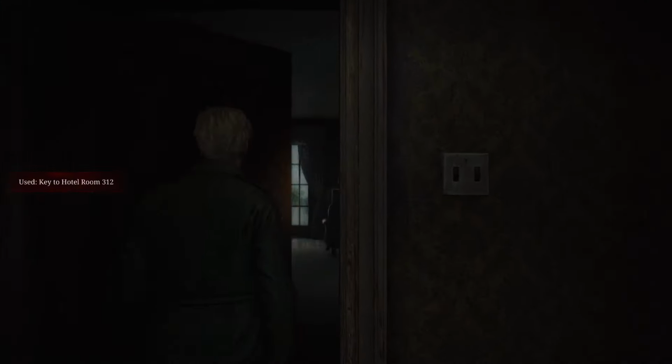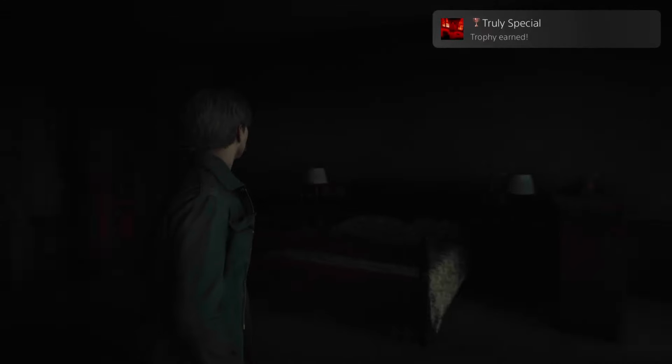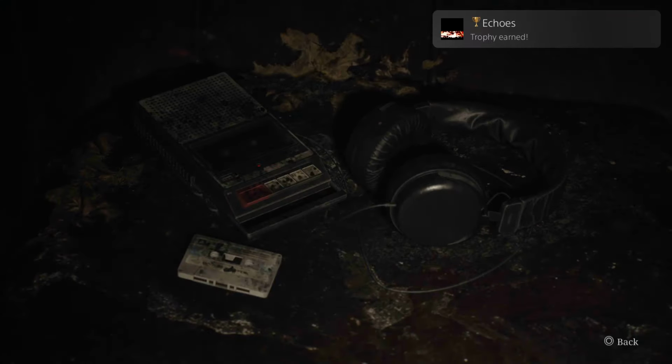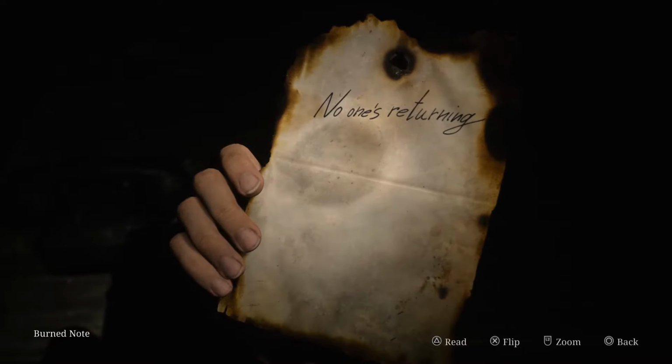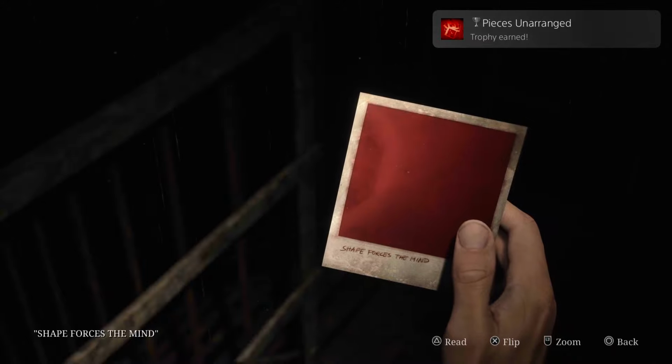After reaching room 312 and discovering the truth as part of the story, you will start earning, in order, if you have found all of the collectibles up to this point, the Echoes trophy for finding all of the glimpses of the past in a single run, the Archivist trophy for finding all of the memos in a single run,